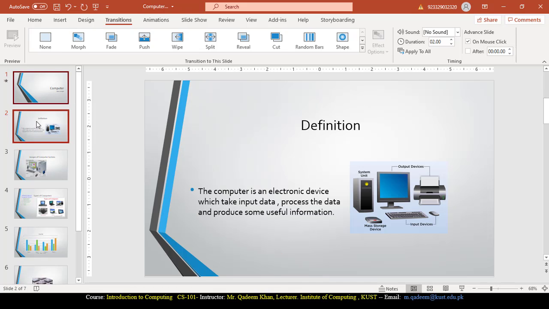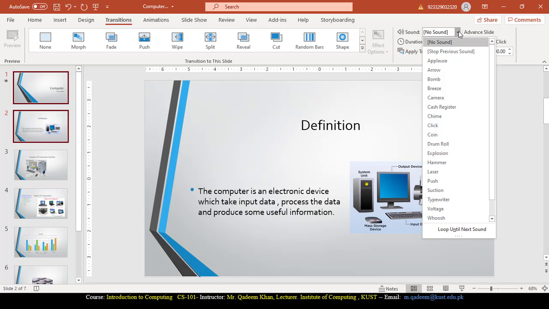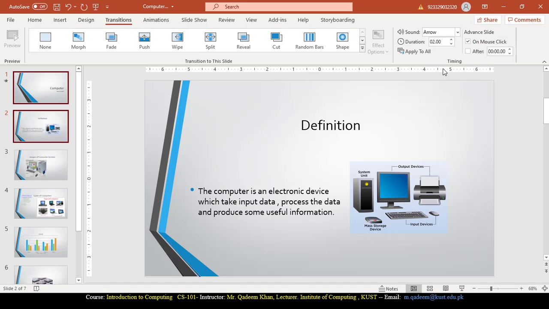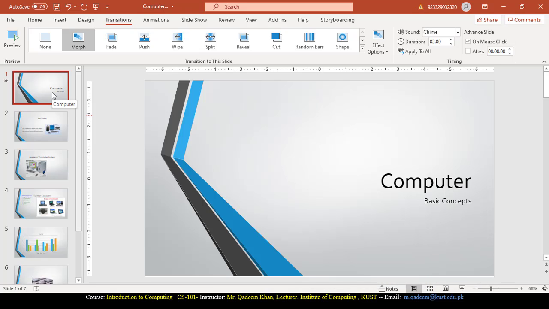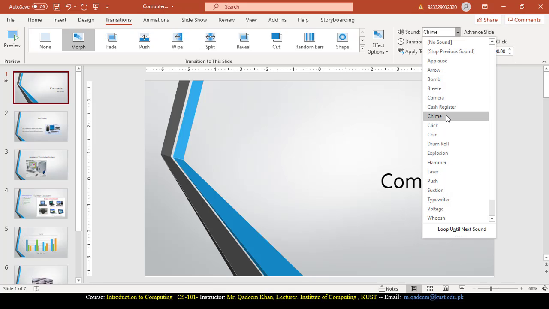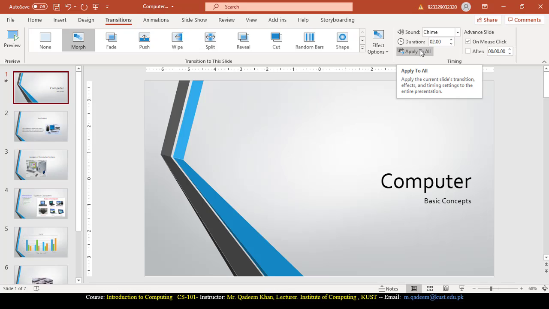If I select the first two slides and I want to insert the sounds, so here the first two slides are selected, and I also hold the Control key and then click the particular sound here. So I have selected this. Now apply to all. That sound has been applied here. So you can apply any such voice or sound here. So for example, I want to apply the chime. Click apply here, and this slide will be